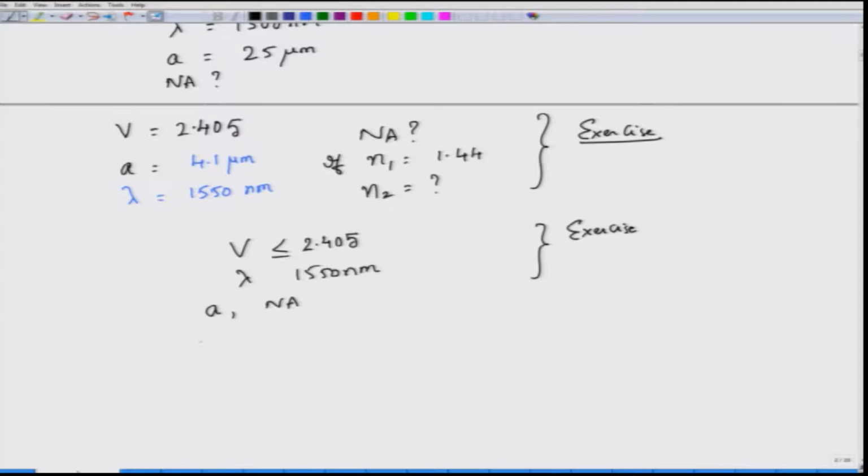Okay. Finally, after you have selected a particular value of radius and numerical aperture, let us say I make lambda to be 1300 nanometer. See for the selected values of A and numerical aperture whether the wave will be guided here when lambda is changed to 1300 nanometer. Okay, this brings up a very important property of cutoff wavelength. So see if you can do this exercise. We will supply the solutions later after the assignments are handed over to you.